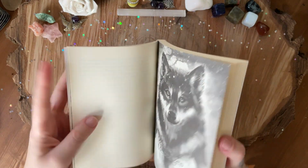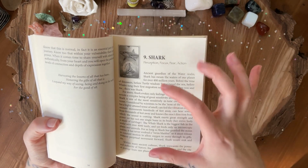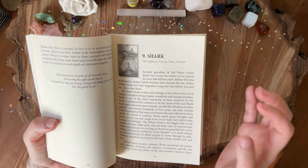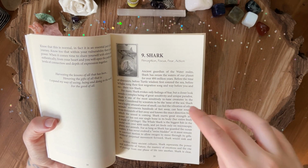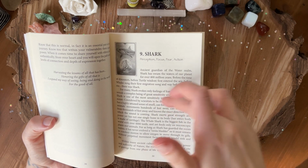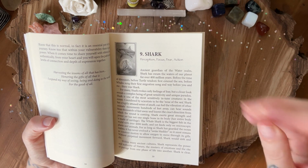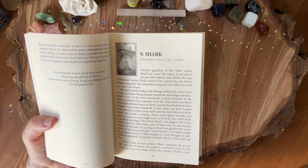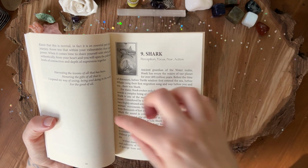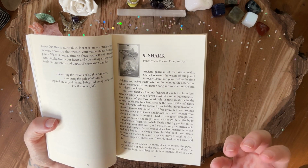And why I like this deck, or at least at first glance, is, let me show you the shark. The first portion of the guidebook is actually giving you biological facts about the animal, and that explains the chosen keywords. So for example, sharks have a highly attuned sense of smell, and they can feel the vibration of other animals' movements, and that's perception, and that's a good link for the keywords. And it's not coming from just looking at a shark and being like, that's perceptive. Like, no, there are biological facts that you can use if you want to, obviously, or if you have trouble connecting keywords to animals,